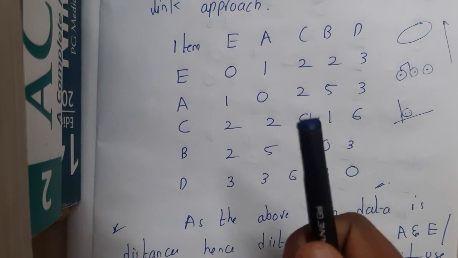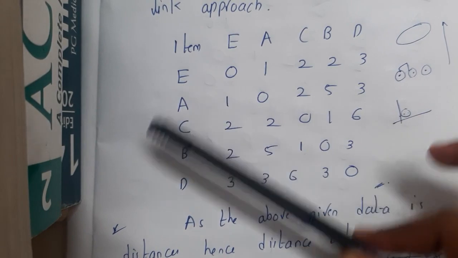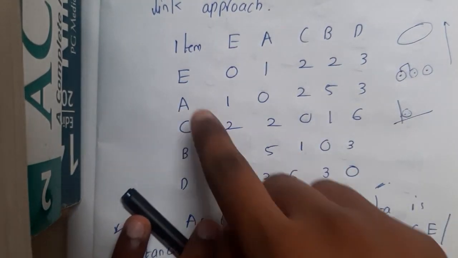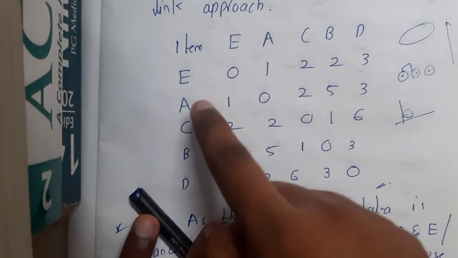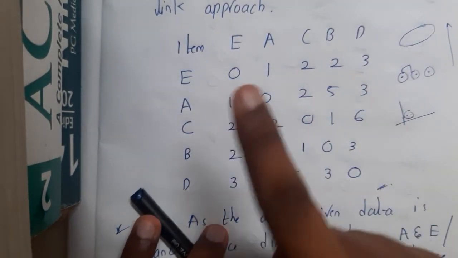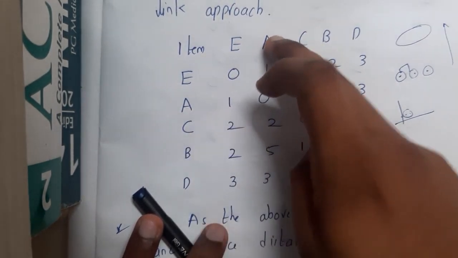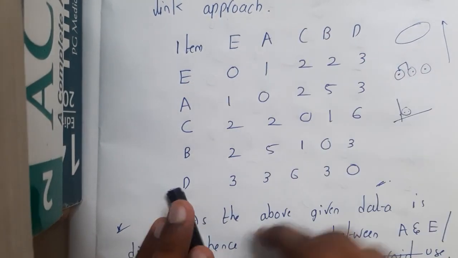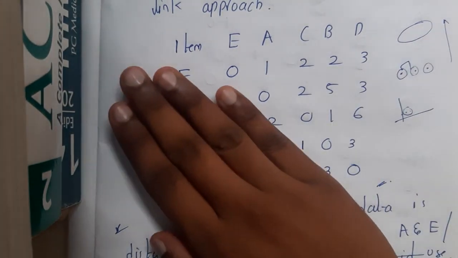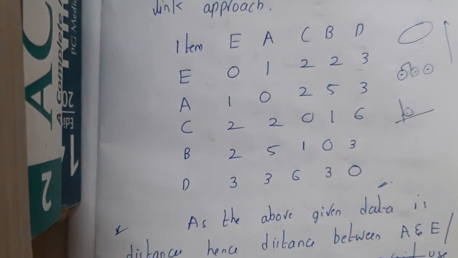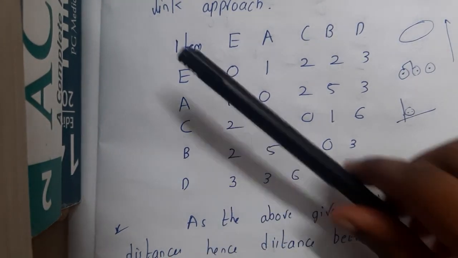One more thing to observe: if you check the diagonal, it will always be 0, because the distance between E and E is 0, and A and A is 0. The distance between your home and your home is always 0, right? Similarly, the distance between A and E is 1, and the distance between E and A will also be 1. So this is a mirror matrix, you can say, guys. Whatever is on this side will be on that side also. I don't know exactly what this matrix is called; there will be a name for it. I'm sorry for that, guys. Let us continue.